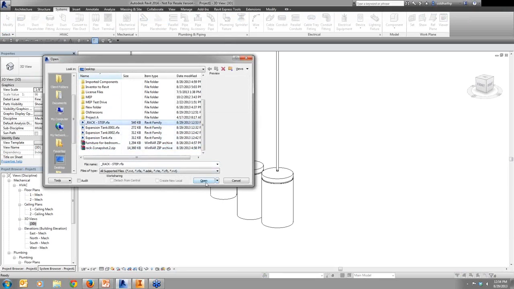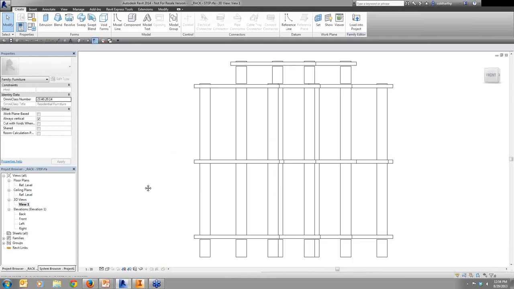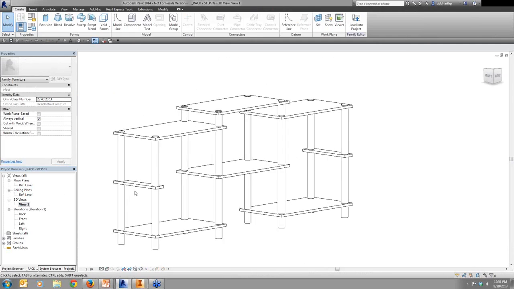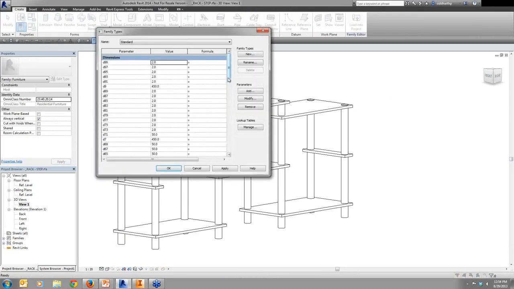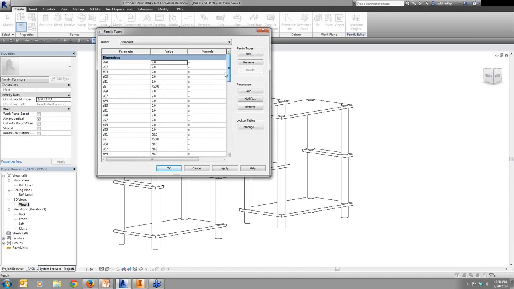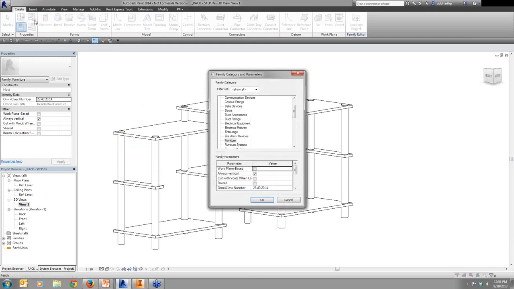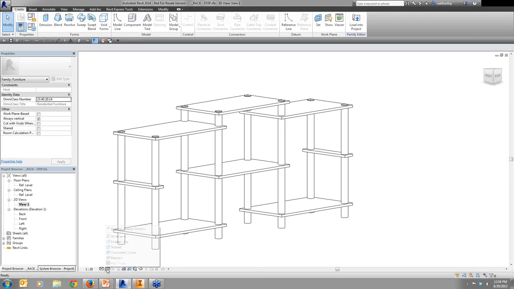So I can select this family, hit open, and it shows this family. I can go to a 3D view. And if I go to family types, I'll see all of those parameters there. So this again is a limitation that you have to work around, and be careful that you define these by labels if you want it to be parametric, or else just accept this list of dimensions that it will throw in your Revit family. If I go to family types, you'll also see that it's classified as a furniture piece,